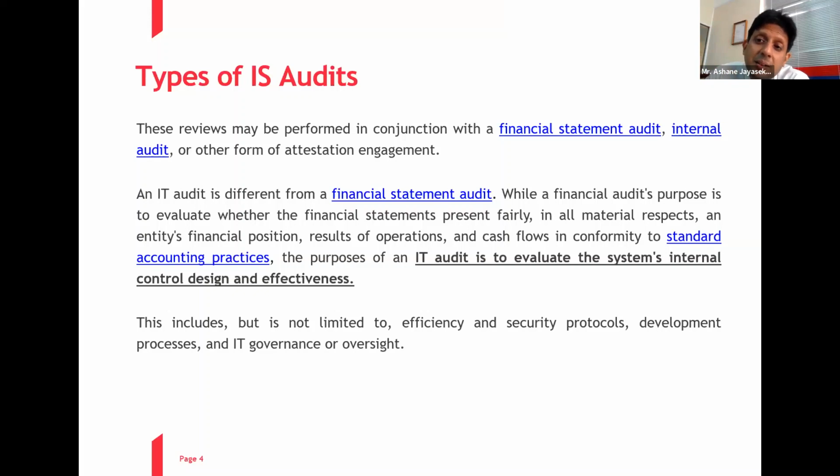You might look at the GL mapping, right? If you generate a P&L and a balance sheet, how are the individual GL accounts mapped to the balance sheet or to the income statement? If it's not properly mapped, then your balance sheet is not going to be accurate, or your P&L is not